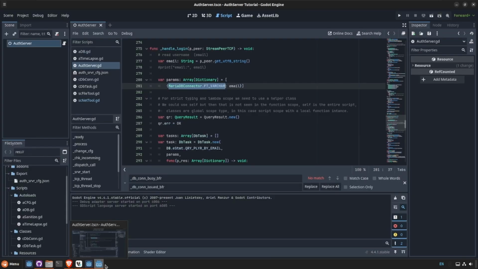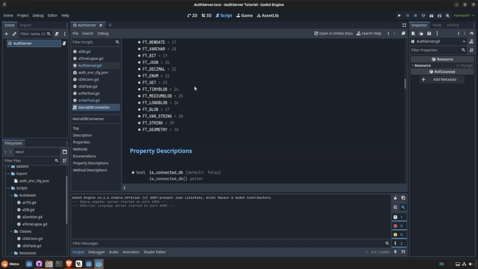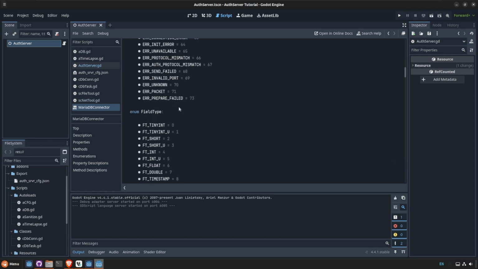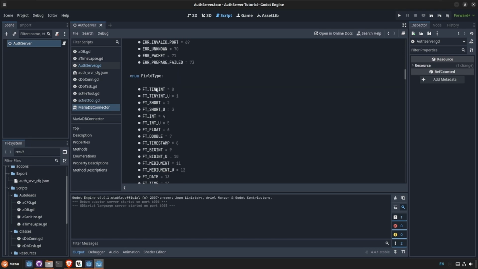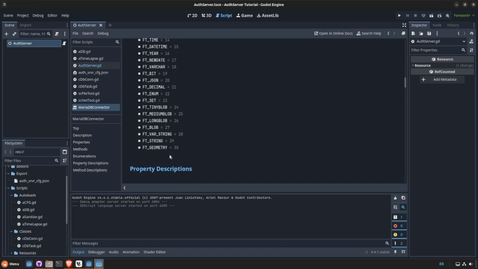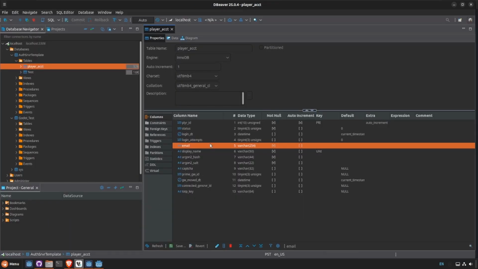So that's the type that we have to set this as a varchar. These are types that are inside the connector. You can go look at them. There's a lookup table that tells you what they are. Okay, here we have a different field type. We have tinyints, unsigned, and these all match the names correlated to the values and the